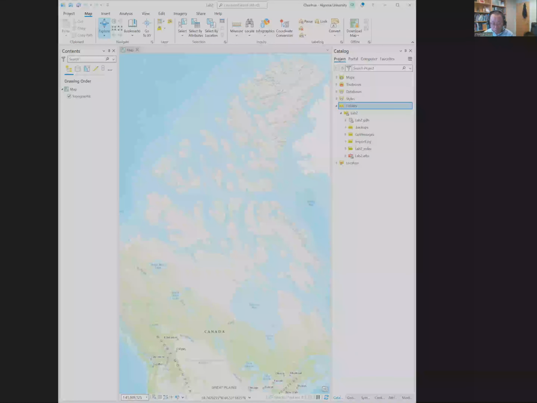Okay, so I'll be giving you a very brief introduction or tutorial of the Lab 2 assignment. The main idea, of course, is to get you to understand map projections, and I want to go through with you the steps to finish